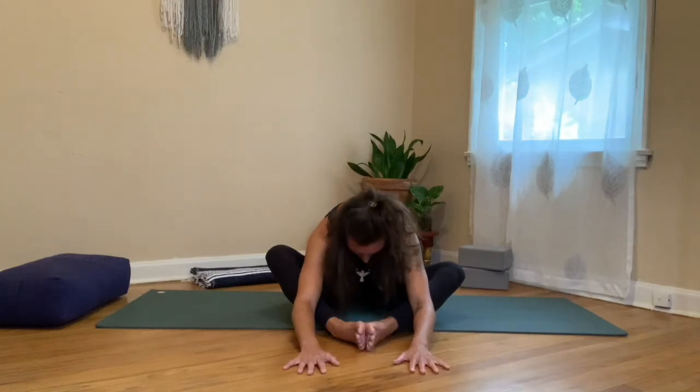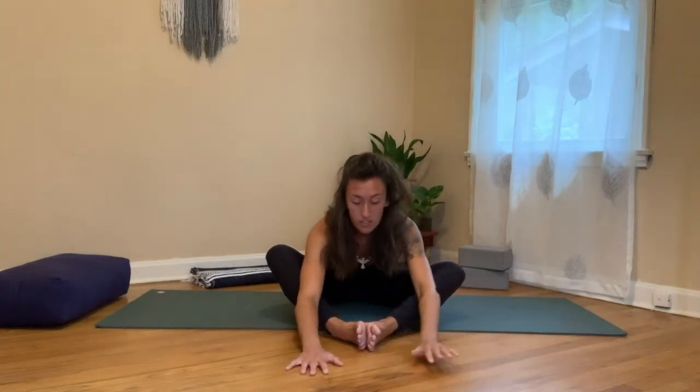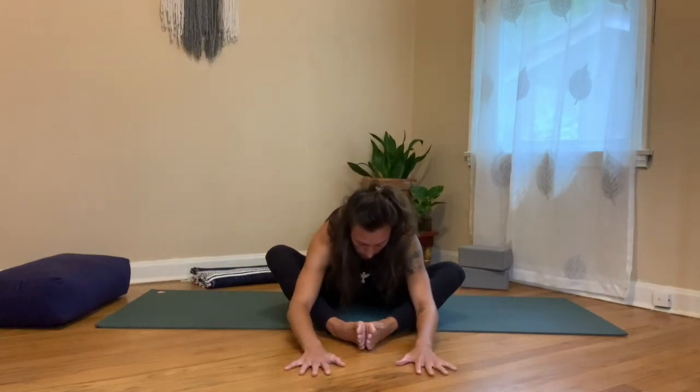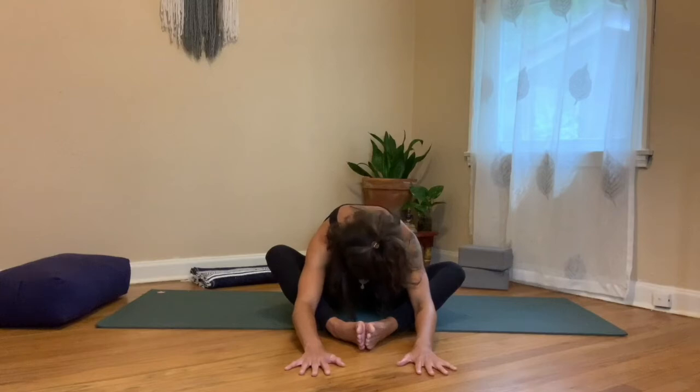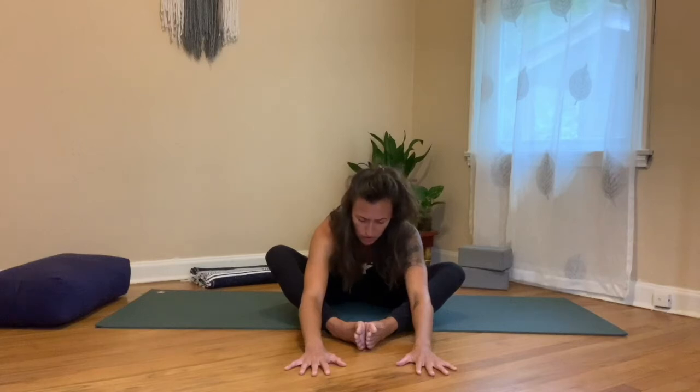Good. And as we come into our yin yoga postures, we're interested in looking at three things. First, we're curious about our edge. And our edge is a place that we are seeking to find in our posture where there's a moderate amount of sensation that is interesting to us, sensation that gets us curious about what is moving, what is stretching, what is growing in the direction of change. And so this might feel like a gentle tugging on the tissues. Some people say it feels like a dull, throbby, achy feeling over time,